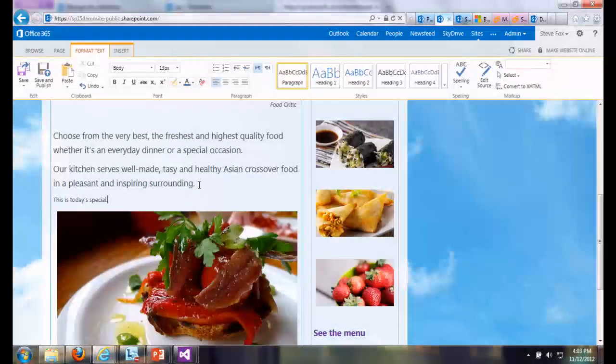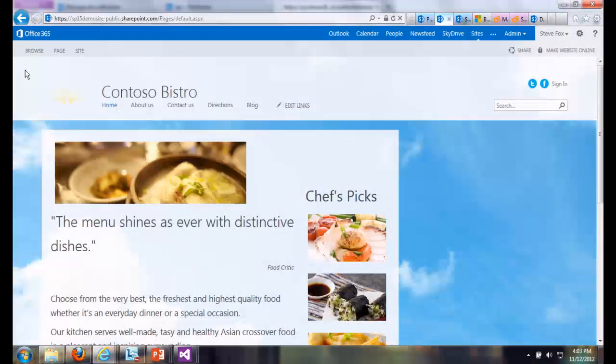So let's save the page and move on to our next part of the demo. This just is an example that I have some rich text and imaging capabilities I can build into my site. All right? But it's important. That's part of our branding experience, right? It's the feel. You want people to come to Contoso Bistro. You don't want to put a ratty-looking sandwich on the front of your website. Nobody's going to come, right?